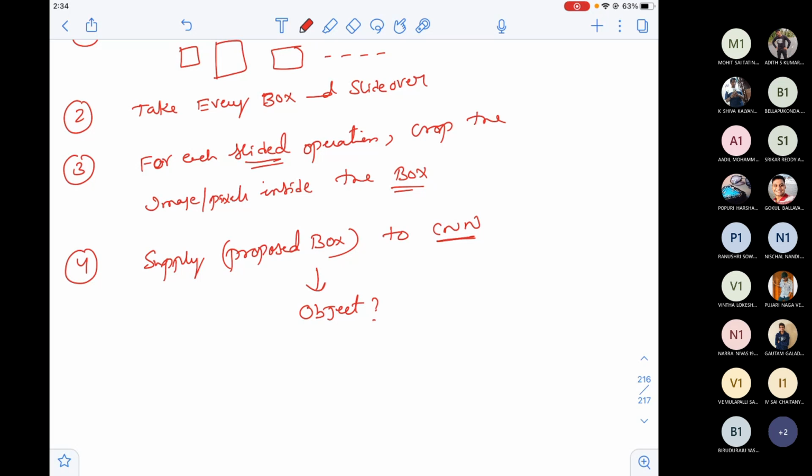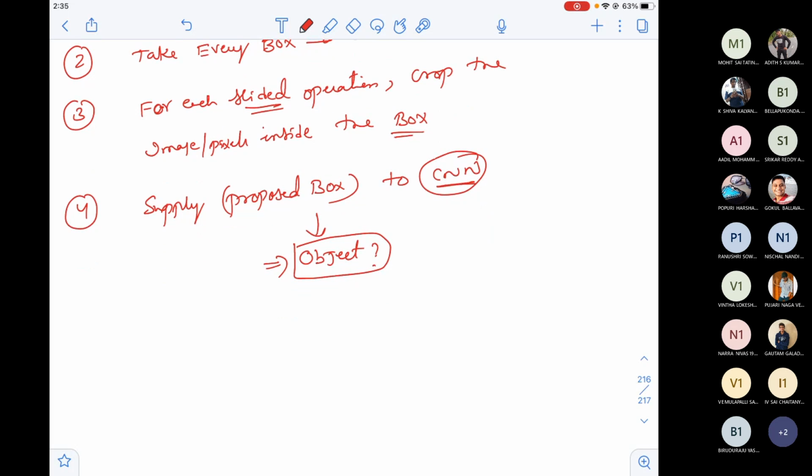See, I don't know why the others have used SVM, but people later, without using any machine learning algorithm, just by using CNN, could predict the object. So why did they actually go for SVM? There's no reason for that. As of now, you can just use the same CNN to get the object name. Perfectly fine. But it's not just the object name, just passing an image and saying that a cow is there, a dog is there, some other object is there. I don't want that. I want a bounding box around it.